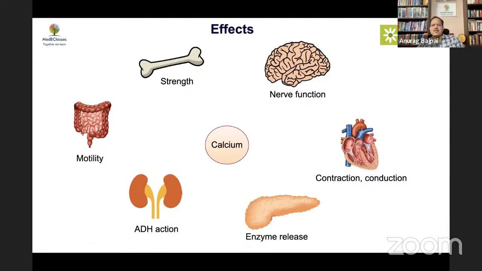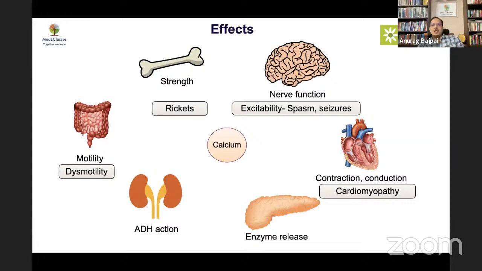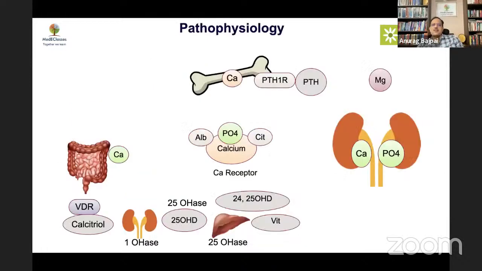Now, calcium affects every part of the body, particularly the neuromuscular excitability. It also has a role in secretion of a number of hormones, gut motility, and bone. So calcium deficiency will result in increased excitability, causing spasm and seizures. It would have cardiomyopathy, as we discussed in the first case. It will have gut dysmotility. So hypercalcemia will cause constipation, and hypocalcemia may cause other symptoms as well. You may have rickets, of course, if there's a chronic calcium deficiency.